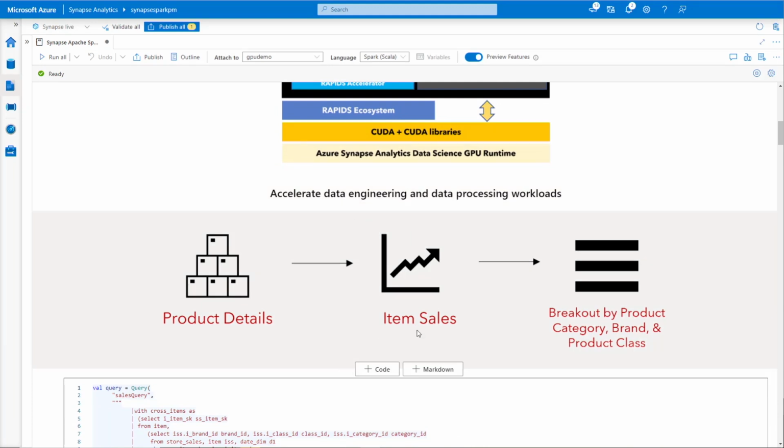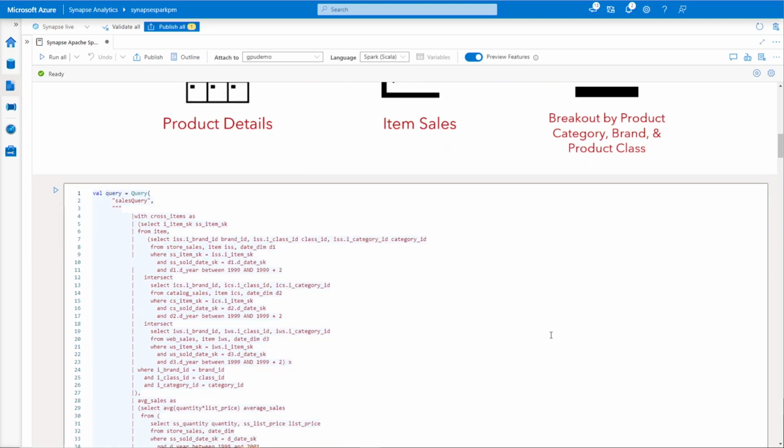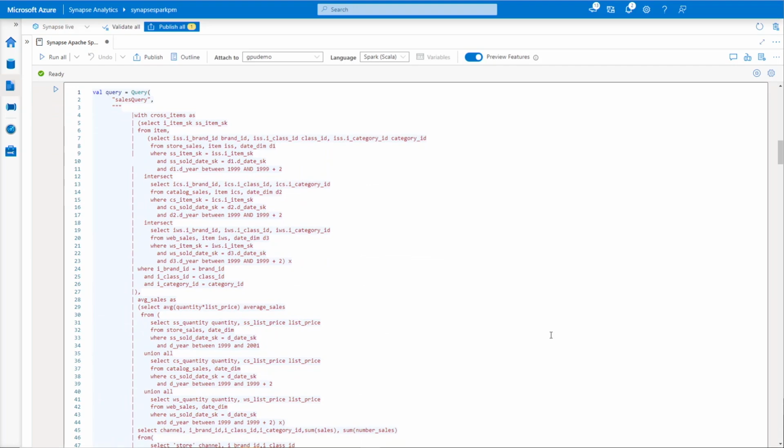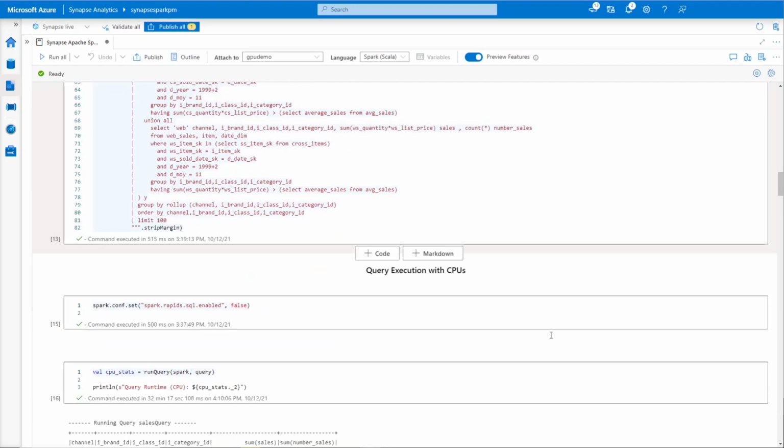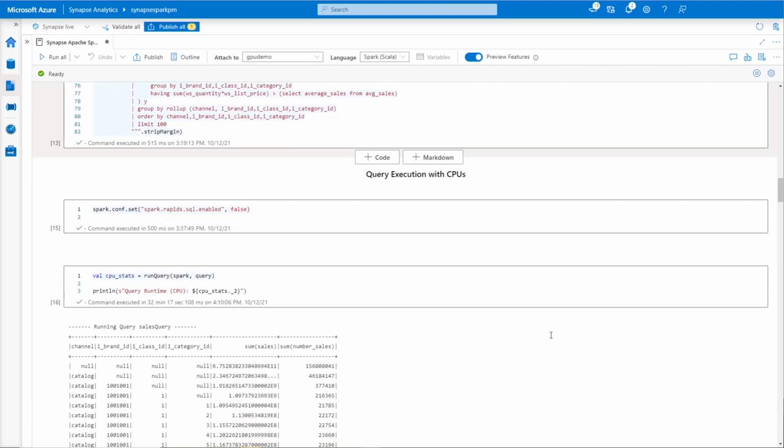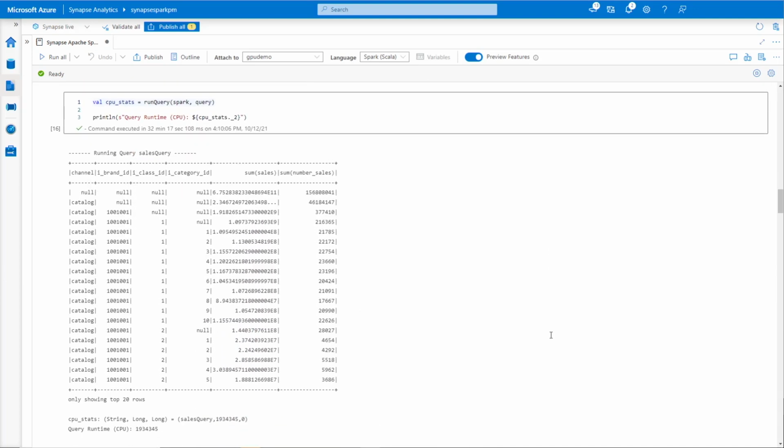Now, the goal of this query is to ultimately be used to serve a report that will surface the breakout of sales by product category, brand, and product class. Now, as you can see, this is a complex query that requires aggregating information across multiple sources. When I execute this on a traditional CPU Spark cluster, we can see that this query takes approximately 32 minutes